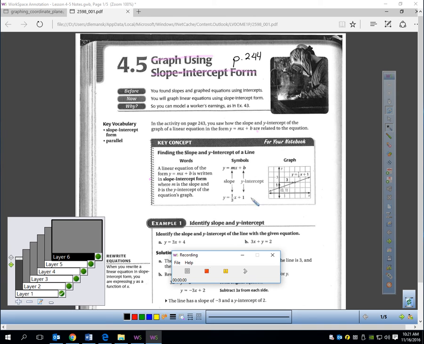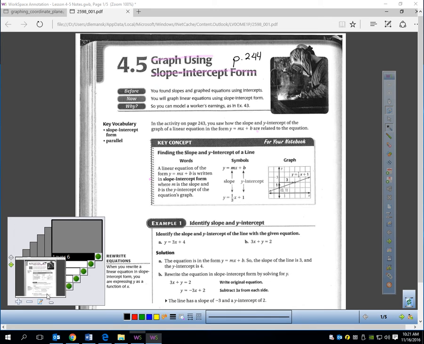First lesson is 4.5, graphing using slope-intercept form. You should be on page 244. Now, I want to talk about the title real quickly, Slope-Intercept Form. I'm going to underline those words,